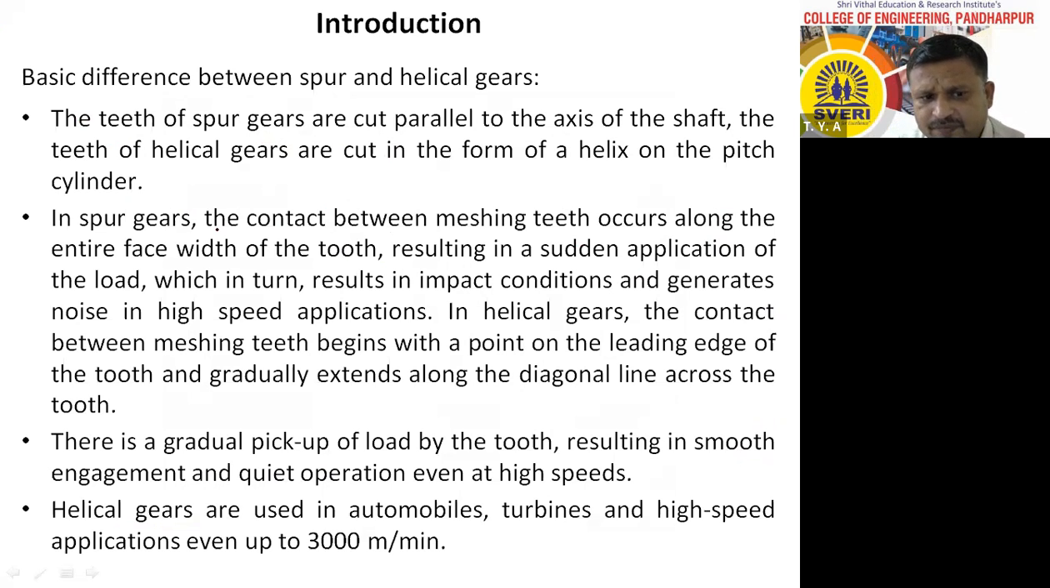Now, you just see what is the second difference. In case of spur gear, contact between the meshing teeth occurs along the entire face width of the tooth. That means what is happening along the entire face width? I will draw here a small diagram, then you will understand. Suppose this is the spur gear tooth of one gear, and this is the spur gear tooth of another gear. Therefore, this contact,